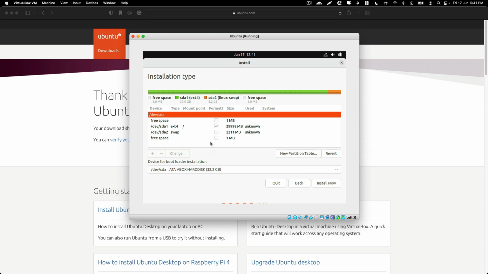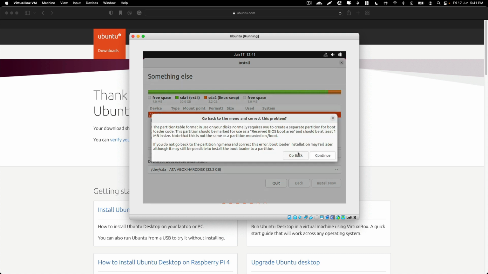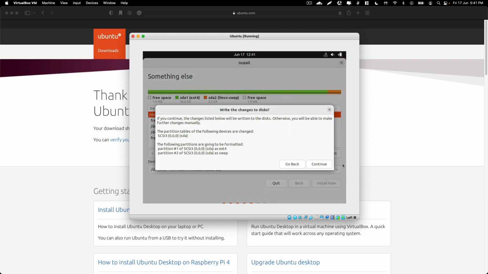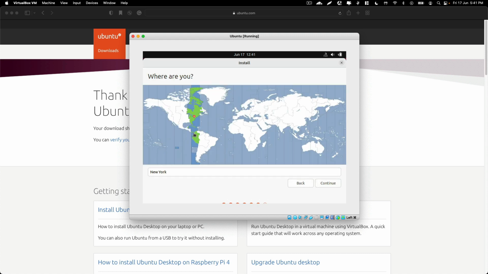So once that is done, just click on install now, and it will give you an error message that there is no EFI system partition found. So this is a warning message, but we can ignore that and click on continue and continue, and the installation process will now start. So let me select my time zone,